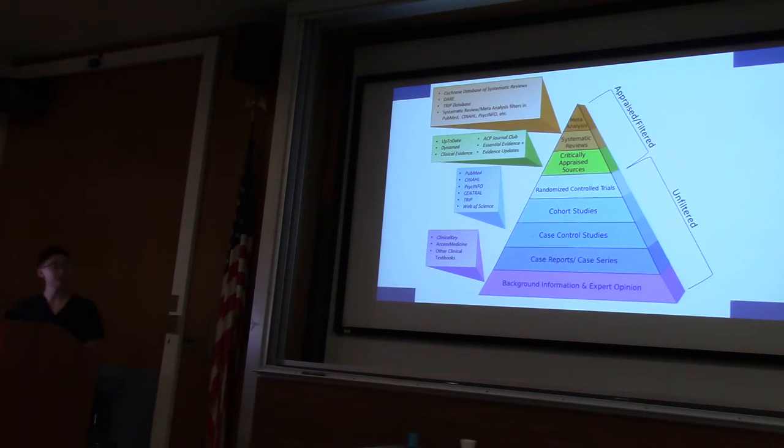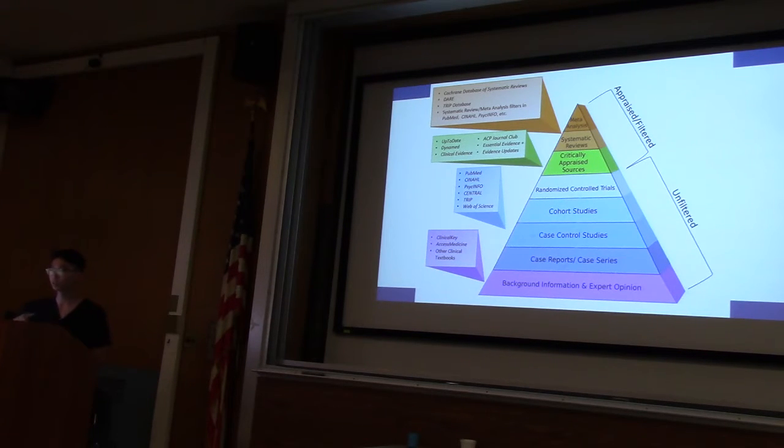So this is your evidence pyramid. At the bottom, we've got our background information, expert opinion. These are your textbooks, all the things that we will no longer really use in some senses. Now, it's important to still build upon your background knowledge. That's why we do topic review and things like that. But in terms of